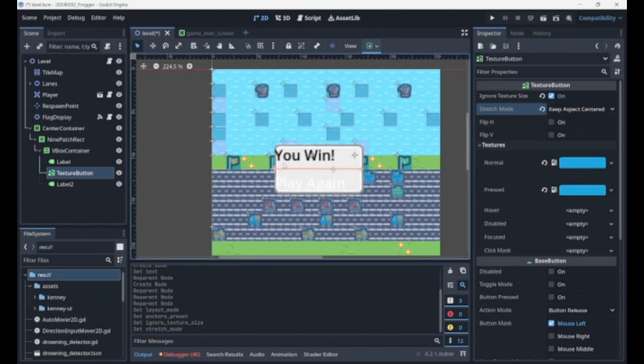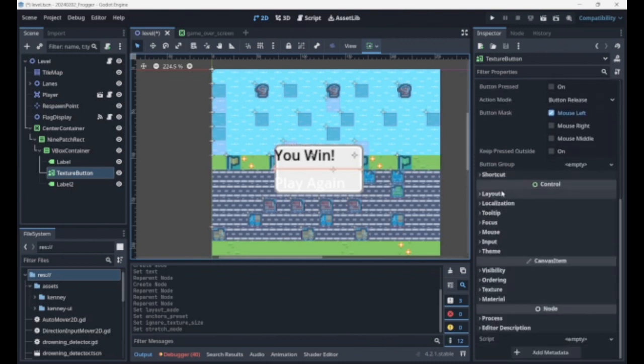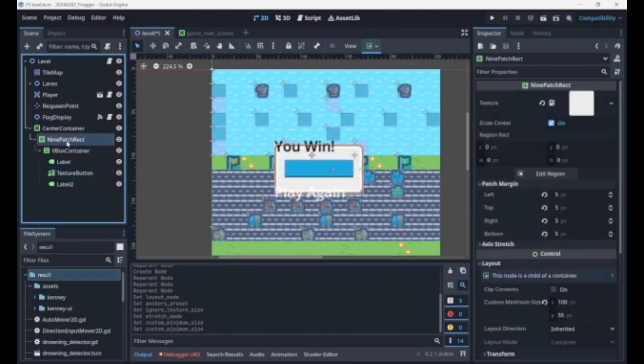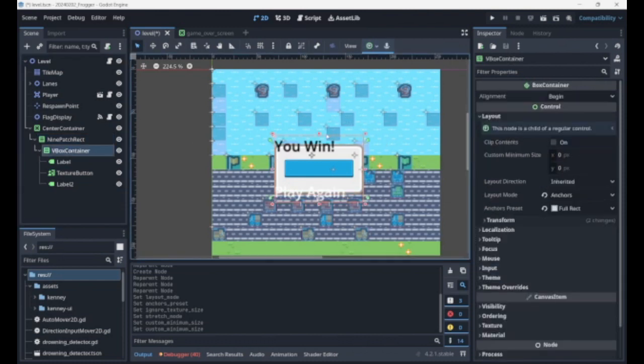That then means that the button has its size and will try and keep to that size but expand out. I will, however, have to set a minimum size in layout, custom minimum size. In this case, for panels 100, let's go 80 and 20. And there we have that. So if we check, we can see that we have our 9-patch rect is a certain size, our VBox container is slightly larger. That's because our label is expected to be part of our button. So let's just move that in